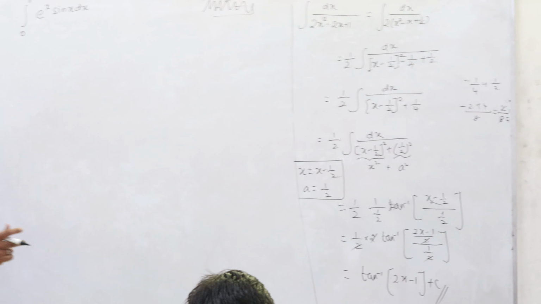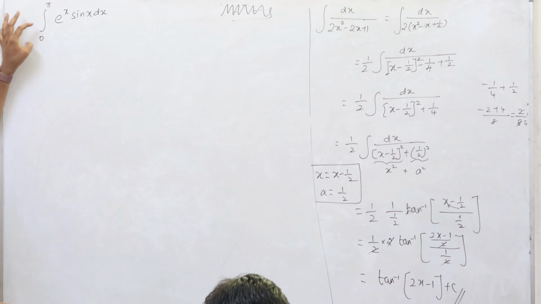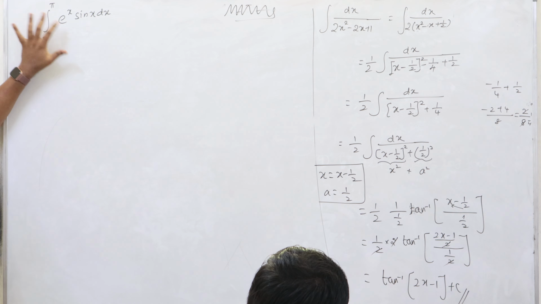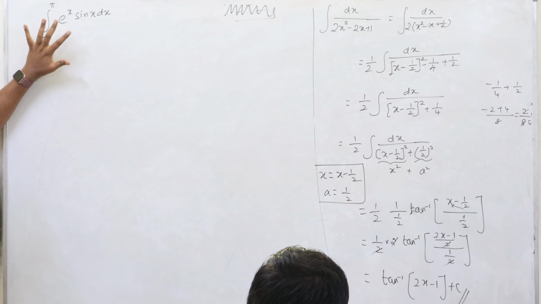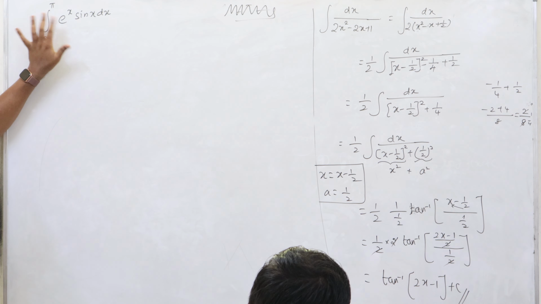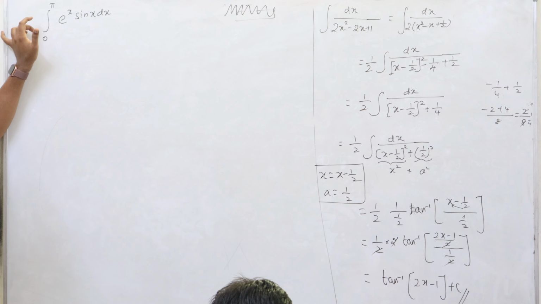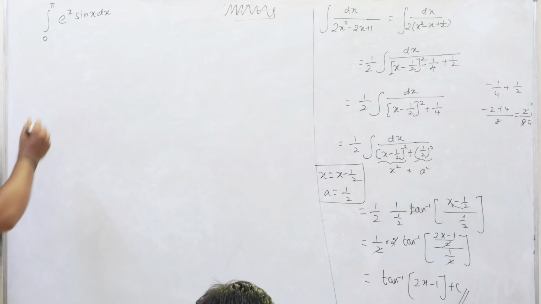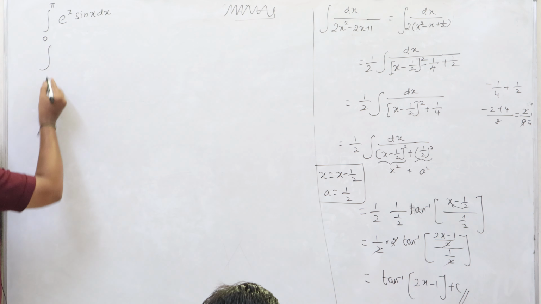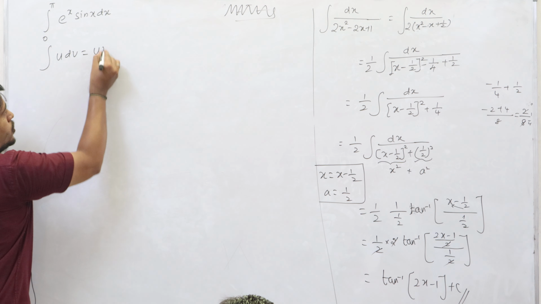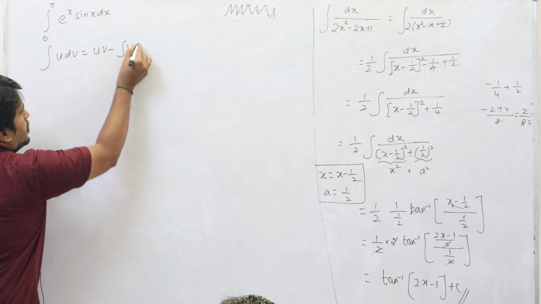So listen, this is a definite integral with the limit of 0 to pi, e power x sin x dx. The variables are in multiplication form. So what about using the integration by parts method? Integration by parts is integral of u dv equal to uv minus integral of v